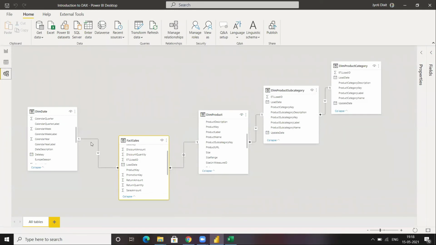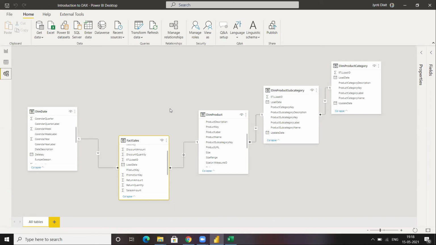Fine, I just applied the cross filter direction to both in order to explain this to you. But in real world scenarios, both direction is rarely used. When we talk about big data models, then both direction actually produces ambiguity. It produces ambiguity, which I'm going to explain to you tomorrow.